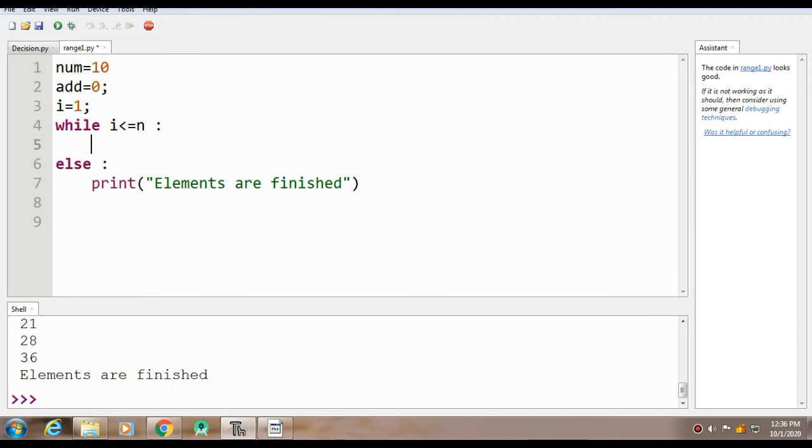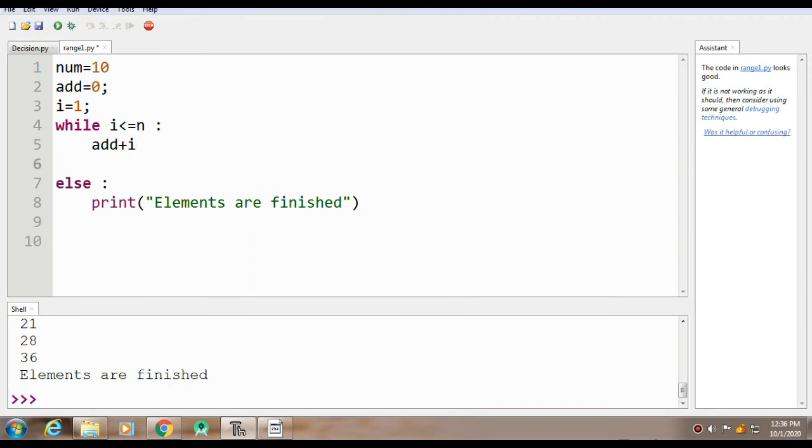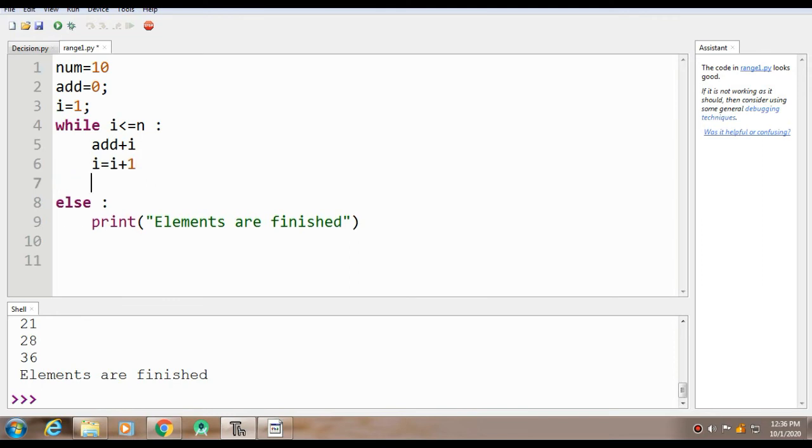So let's have a look at the same. Whatever the value of add is, i should be added to that. The next thing I want is that the value of i should be incremented by 1 after every step. And at the end I simply want to print the value of whatever my add is.